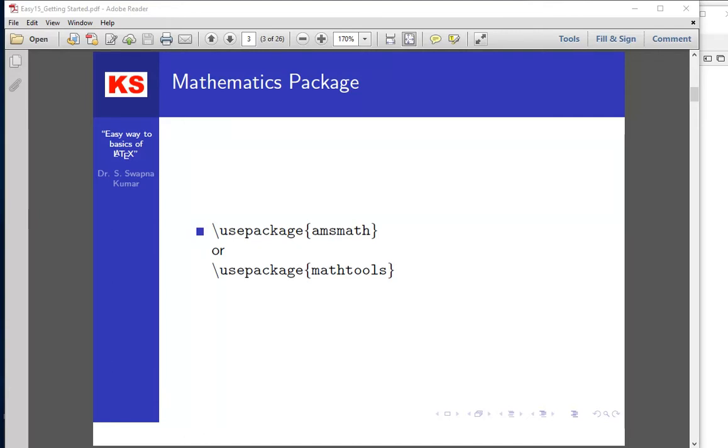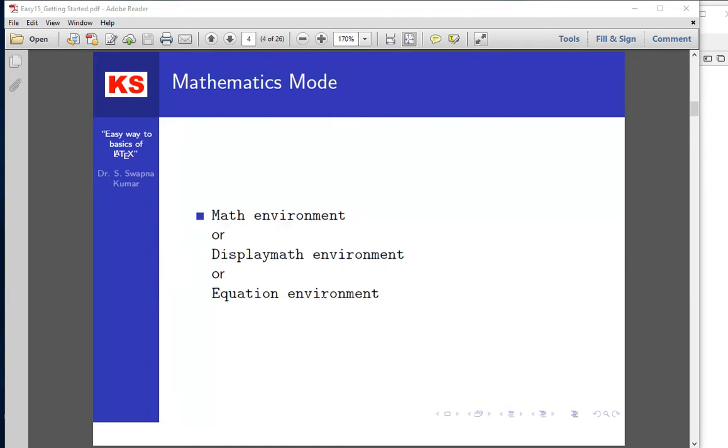If it is for mathematics, we have to use amsmath or use package mathtools. Mathematics is considered one of the basic components for solving many equations and derivations, and we need to know how to execute all these things using a LaTeX file.